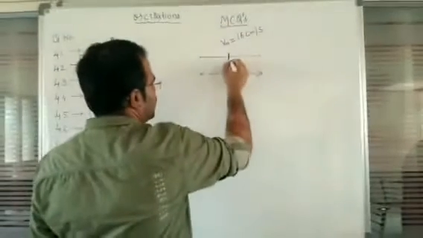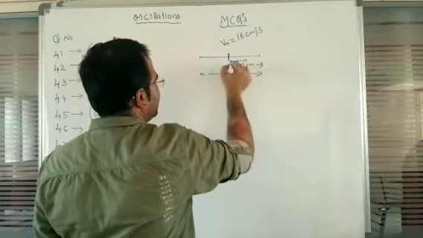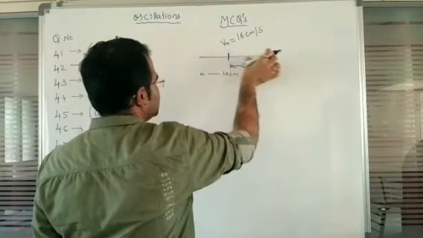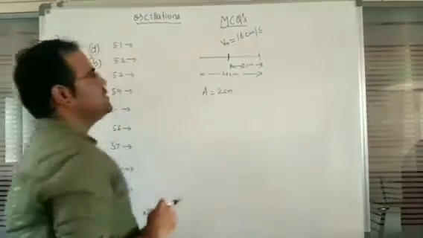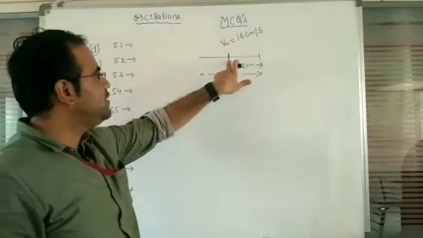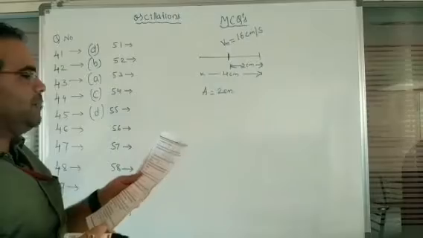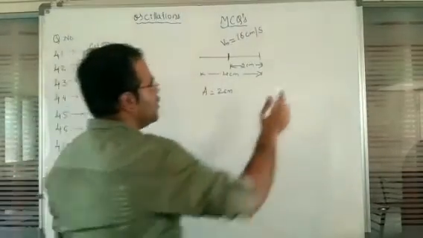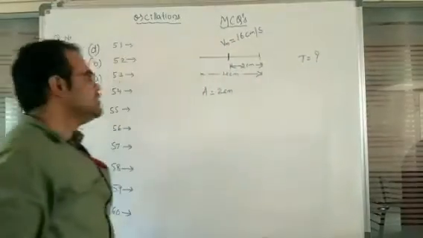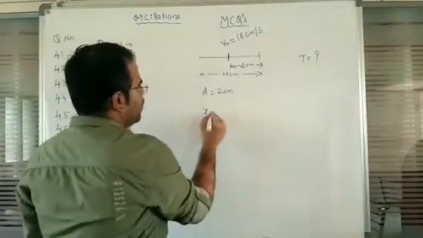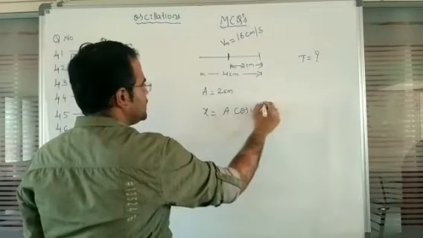Now the amplitude that we are going to observe is given by 2 centimeter. So this is the amplitude of the simple harmonic motion. So the a value is 2 centimeter, and this is the maximum velocity at the center of the line, which is given by 16 centimeter per second. Now we have to identify the time period of the oscillation. In order to identify, again we have x is equal to a cos of omega t. So this is the equation.